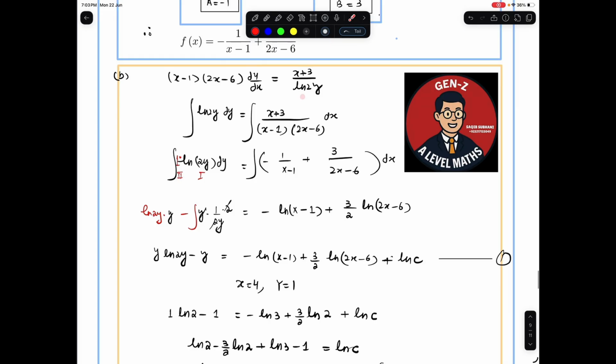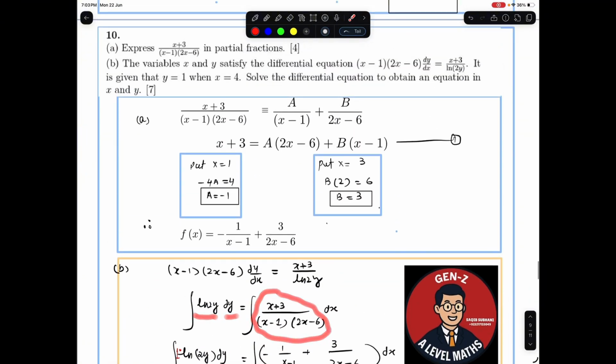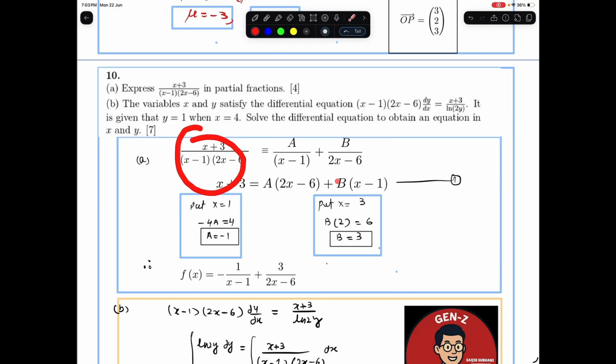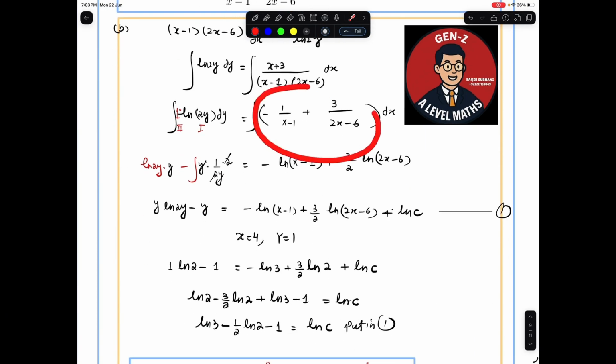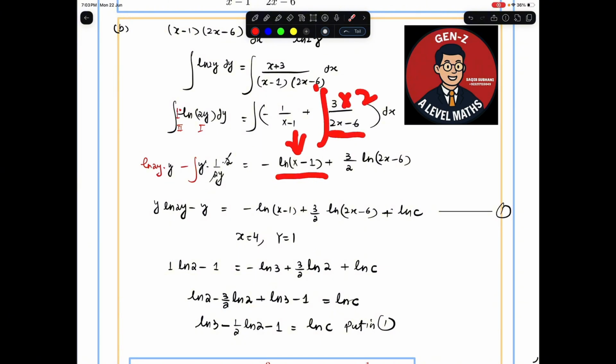फिर इसी को उसने कनेक्ट किया है डिफरेंशियल इक्वेशन के साथ। व्हेन वी हैव सेपरेटेड द वेरिएबल्स और वी हैव ln2y dy, और ये हमारे पास वही चीज़ बन जाएगी जो हमने ऊपर सॉल्व किया है लाइक दिस। तो मतलब हम इसकी ये वाली फॉर्म यूज़ करेंगे, इसको हम यहाँ पर लेते हैं, ठीक है। इसकी इंटीग्रेशन हो जाएगी -ln(x-3), और इसकी इंटीग्रेशन ऊपर डेरिवेटिव बनाने के लिए 2 से मल्टीप्लाई कर दें और 2 से डिवाइड कर दें, मतलब ये 3/2 हो जाएगा